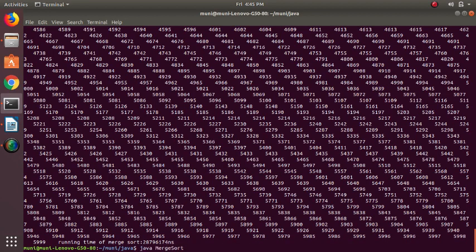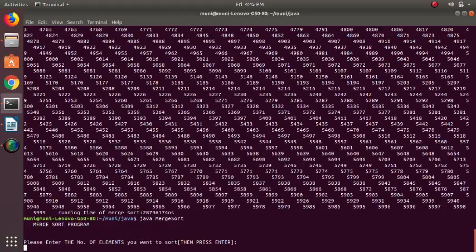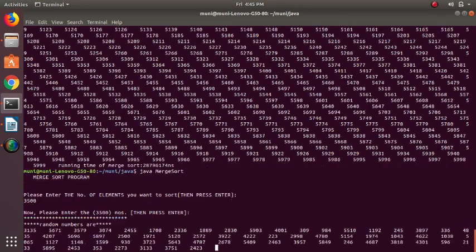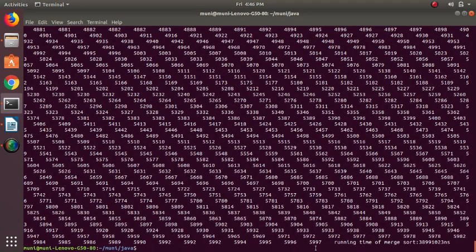Let us try to execute one more time. This time I will give 3500 elements. You can see it was a bit more than the time taken for 2800 elements. So you can draw the graph also if you want, of time taken versus n elements.